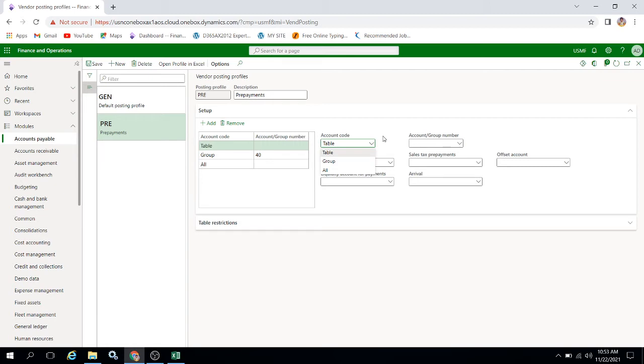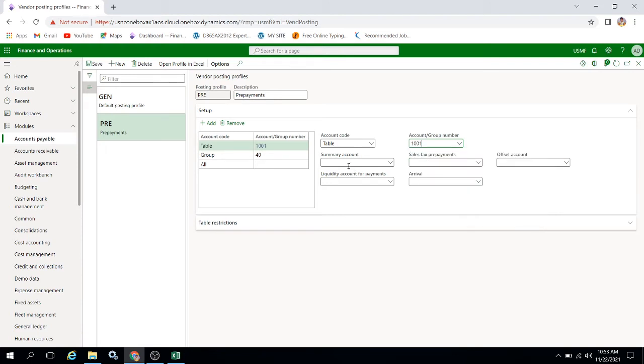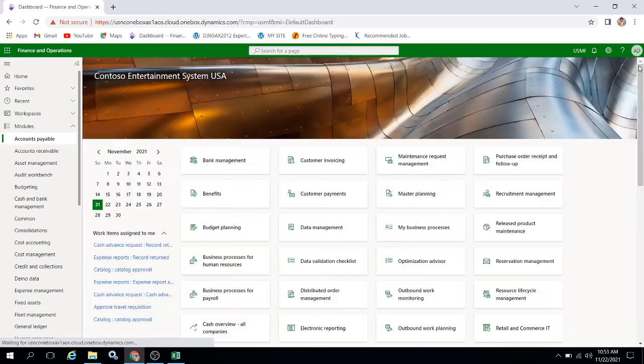So I am taking table. Let's take this vendor that we are testing, and I am giving 200110 as the summary account. I am not providing any sales tax prepayment, offset account, liquidity account, or arrival account.